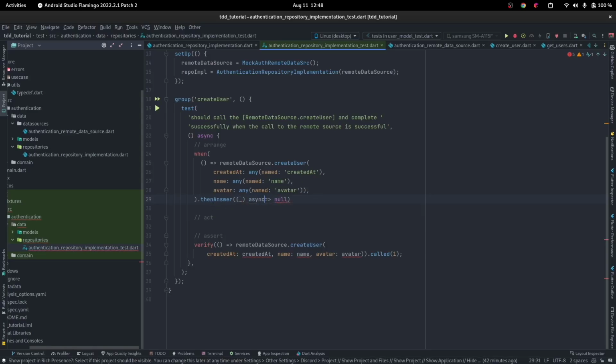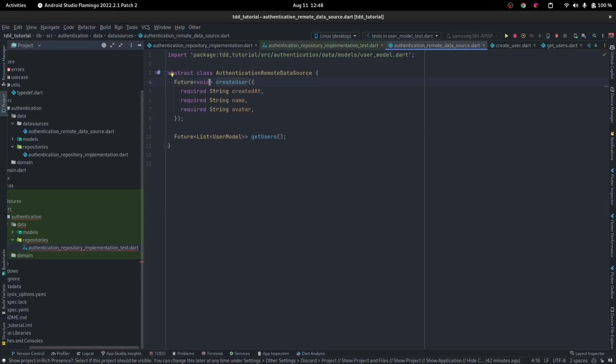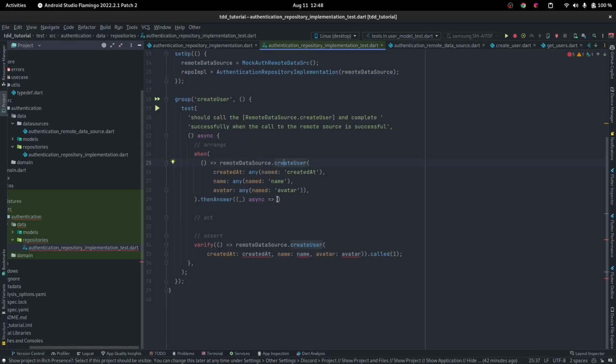We need this to be async. Always remember for this to be async. Always answer with a right. Right means no. The remote source doesn't return right or left. It just returns void. So always return with the proper void value. So we can't return void. Dart will not let us do that. So whenever you're returning void, you should use future.value instead. So anytime that this gets called, always return a future value. Always return the correct data. Don't throw any exceptions,